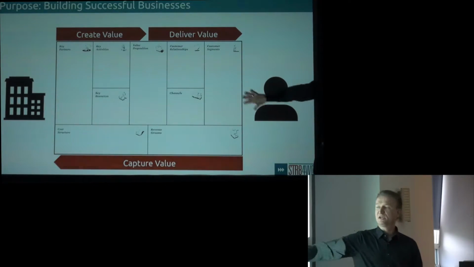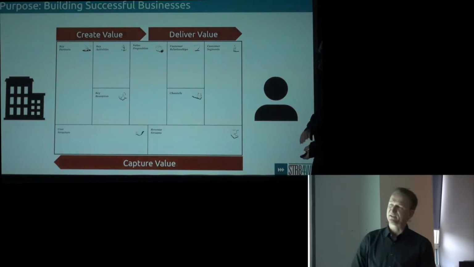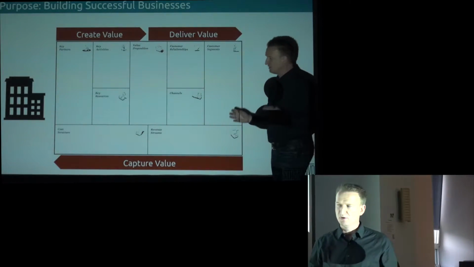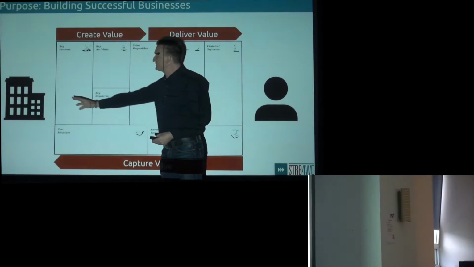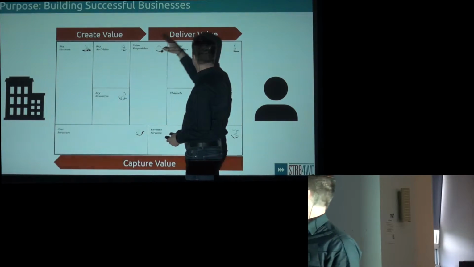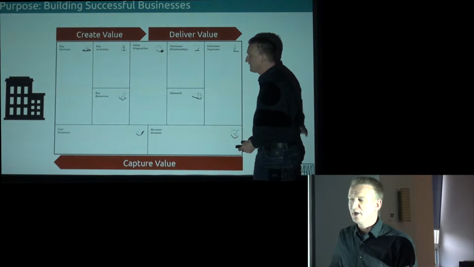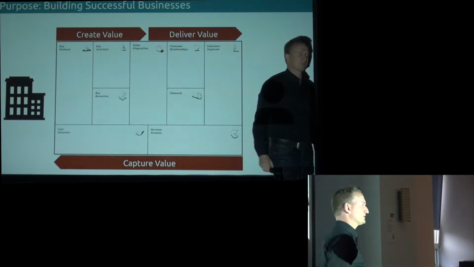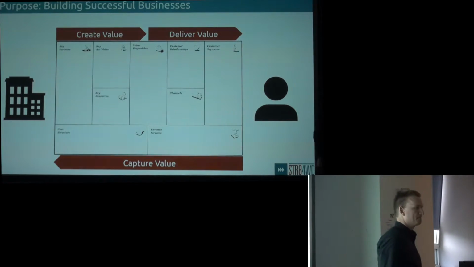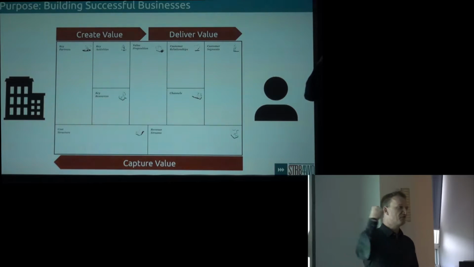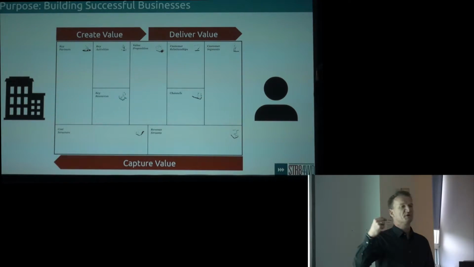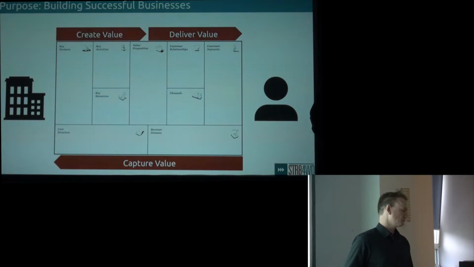So you'll know the business model canvas from Alexander Osterwalder. Basically, it shows you how a corporate can create value, deliver value to customers, and then capture the value to generate profits. And it's about building them from new ideas and evolving from existing status.